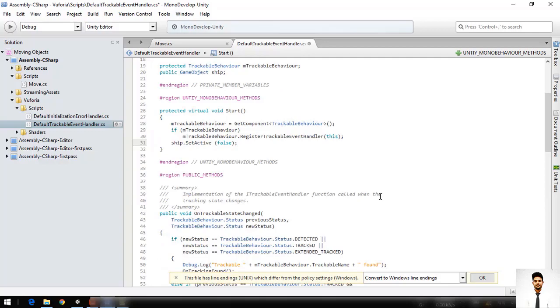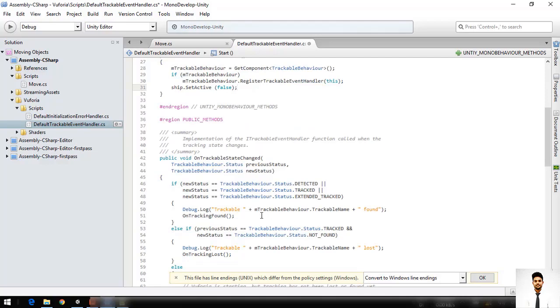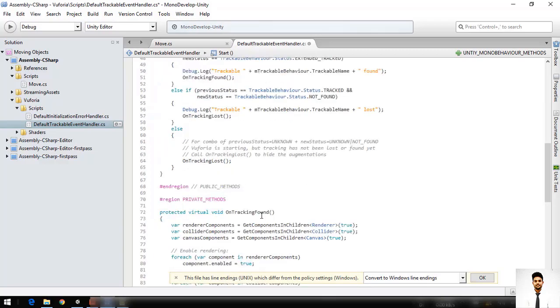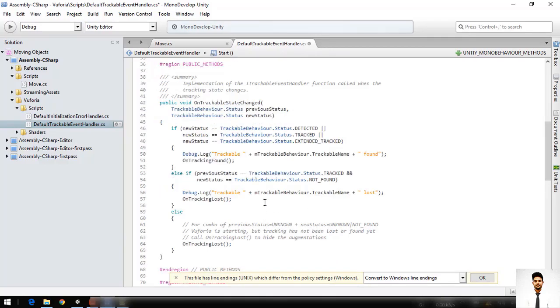I have done it wantedly because you have to know what type of mistakes you make while doing augmented reality. So this is the process where I'm correcting it. Now see, every time my ship object moves away from the water prefab, it again starts from the beginning. So that is the script I am editing now.